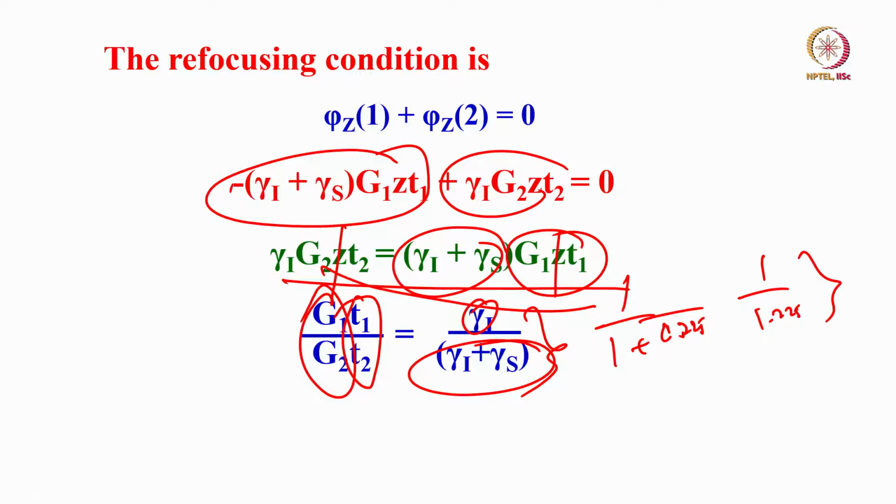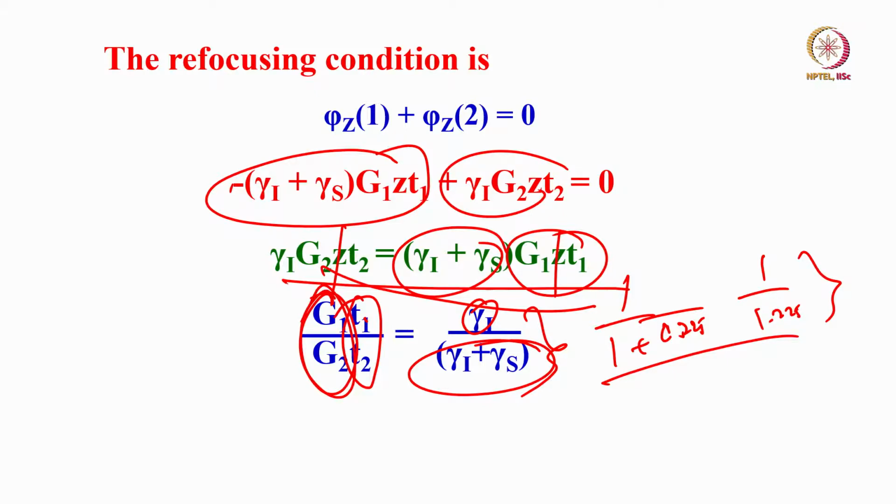Of course you can vary T1 and T2 also, it is your choice, but then the mathematics is going to be clumsy. You need to calculate the numbers. So the best thing is to keep the duration of the gradients constant. If you keep the durations constant, what you are going to get is the ratio of G1 by G2, which is given in terms of the gammas of both the nuclei here. And once you know the gamma of carbon 13 and proton, as we took the example and worked out, we can select the particular chosen pathway.